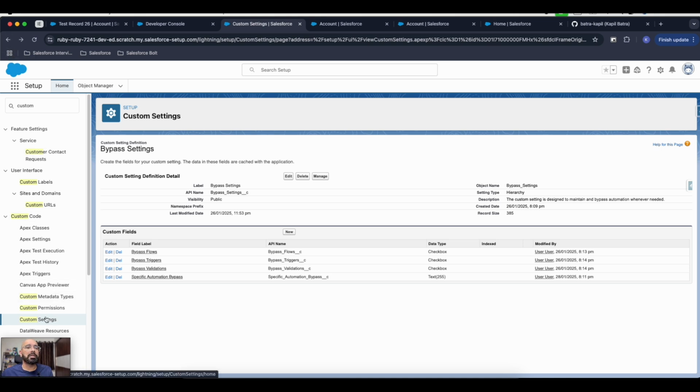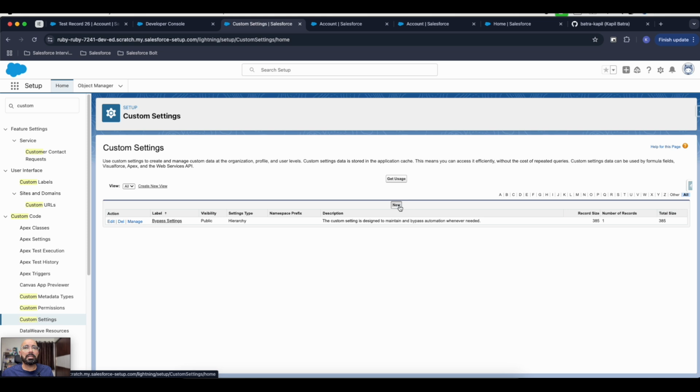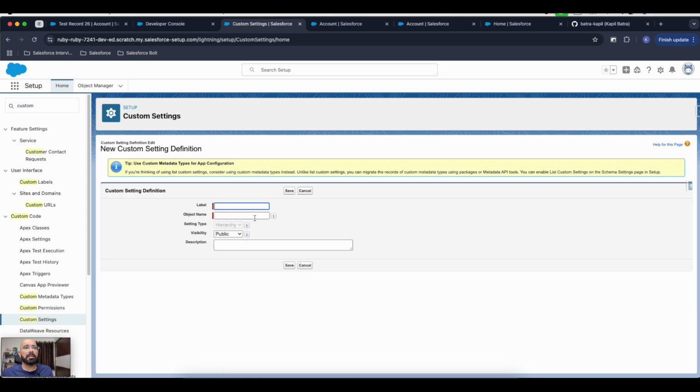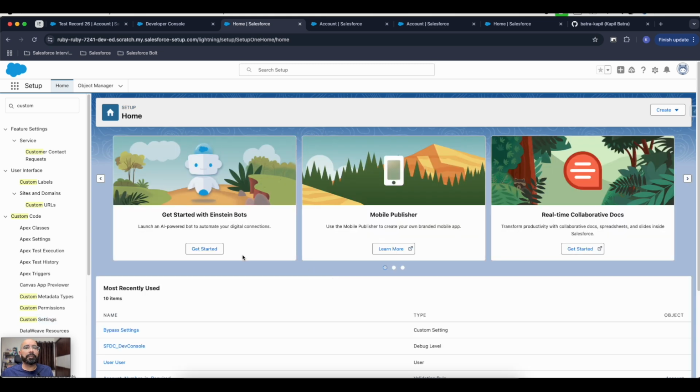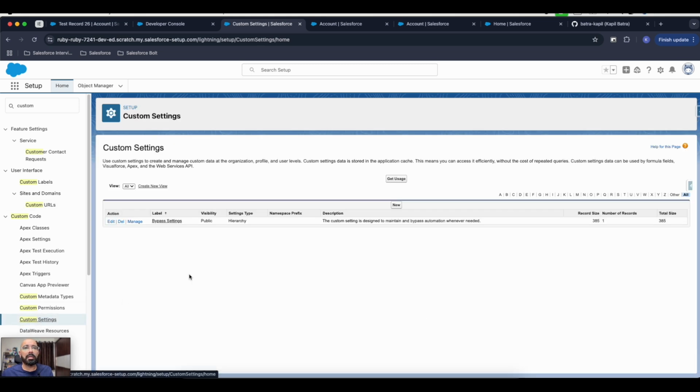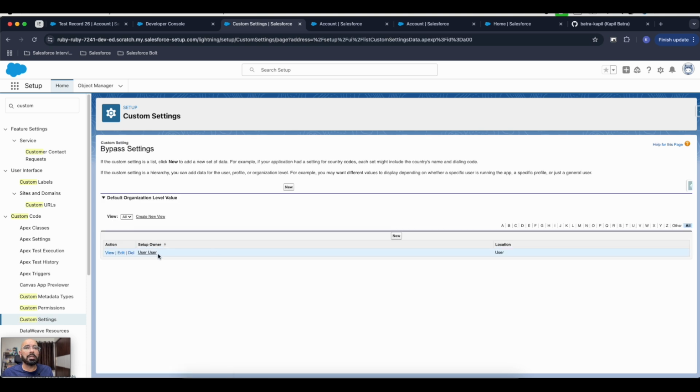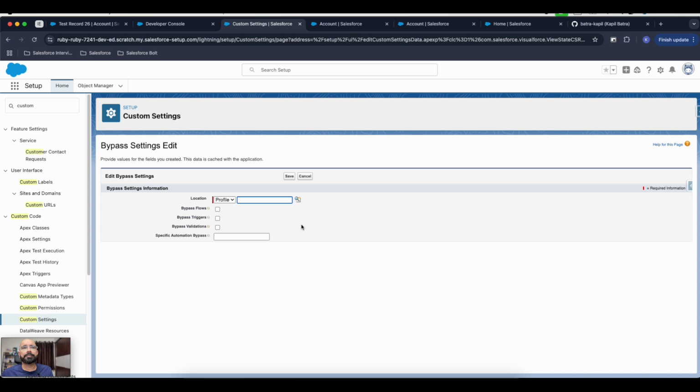I'll quickly show that to you. So let's say I'm creating a new custom setting. Wait, let me go to custom setting again. Let me go to manage and let me create a record here. So here, while creating a new record, you can see there's an option to have this custom setting